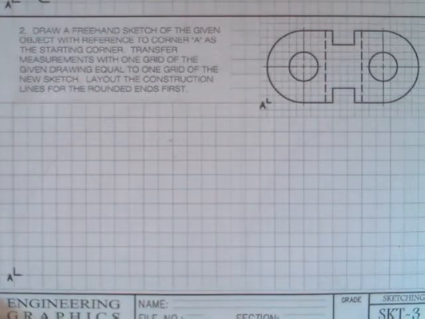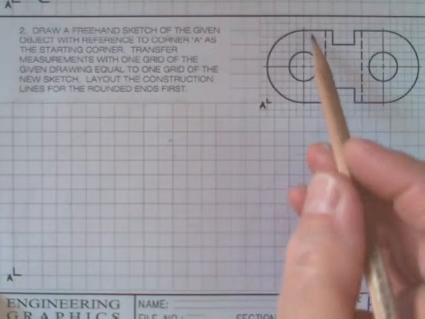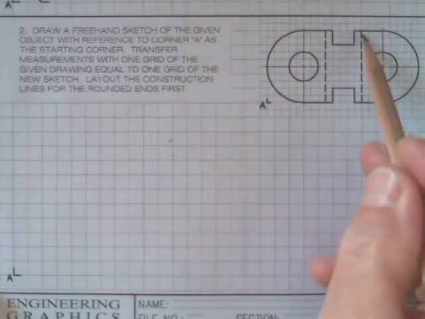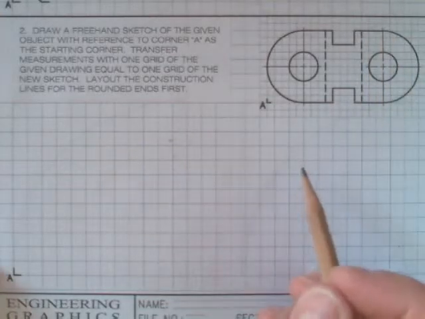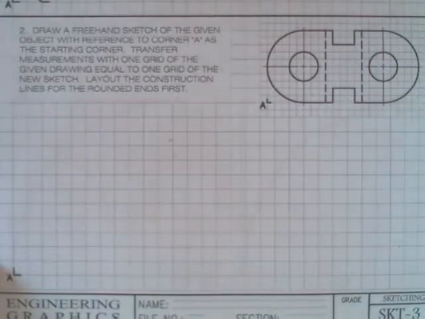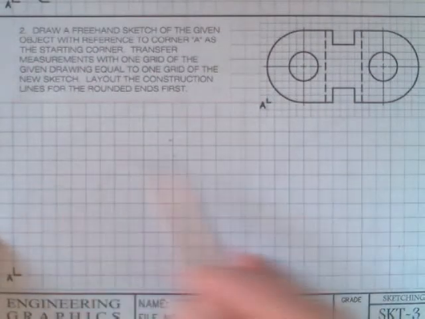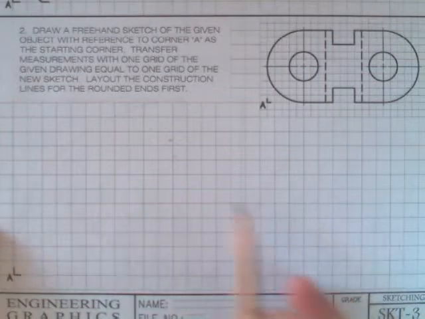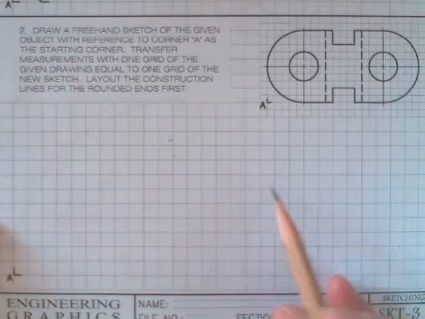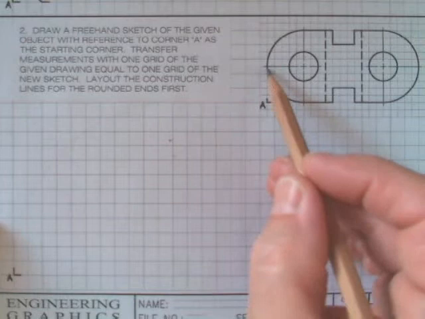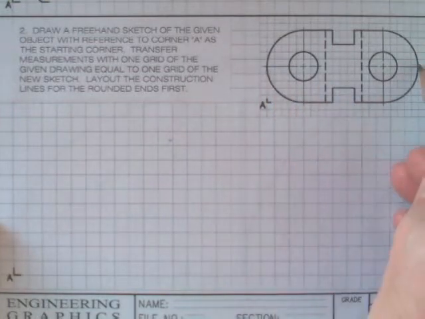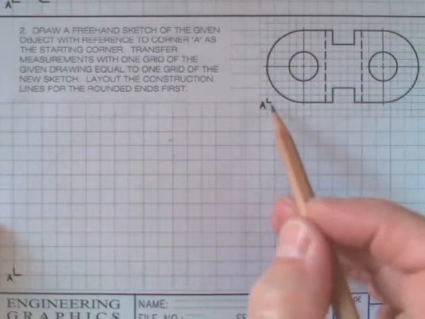Lay out the construction lines for the rounded ends first. So we have two rounded ends. Well, here's how I'm going to do it. I'm going to lay this object out, and to do that I'm going to count my grids and lightly sketch it in, then I'll put my finished lines on it. Now, from one end to the other end, from here